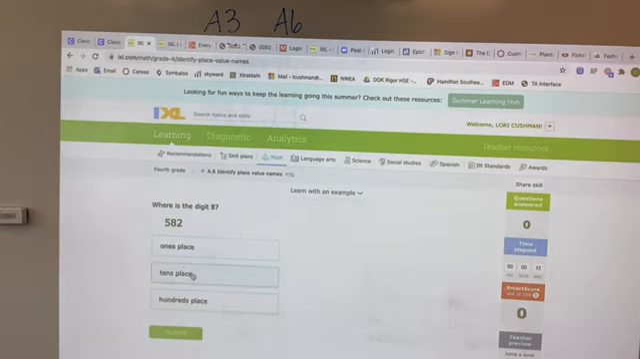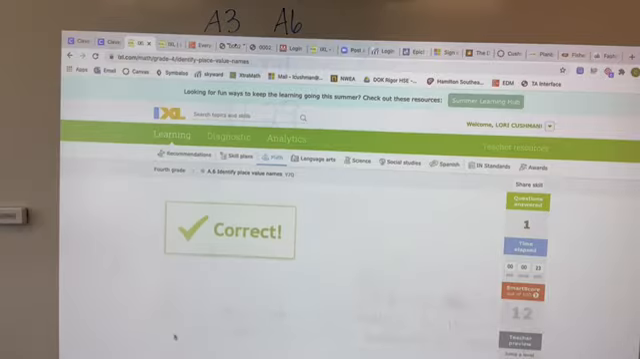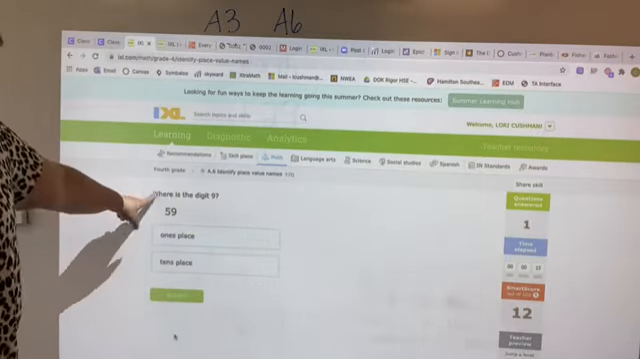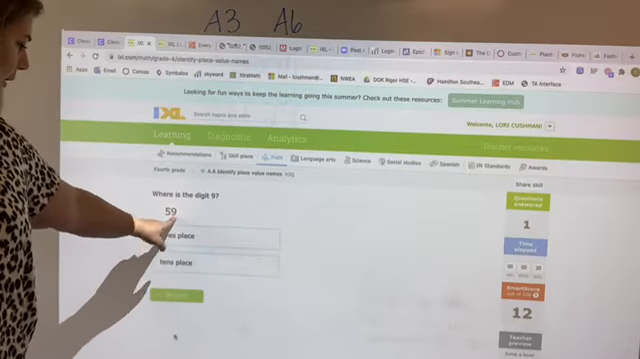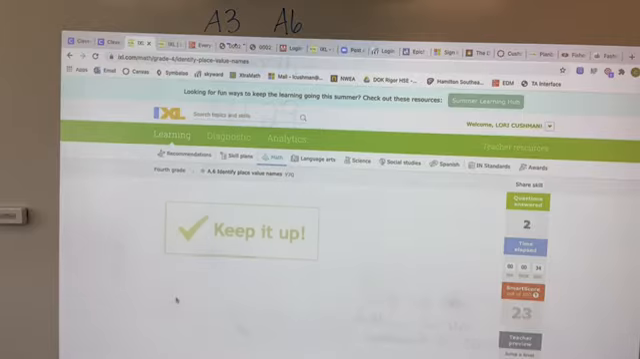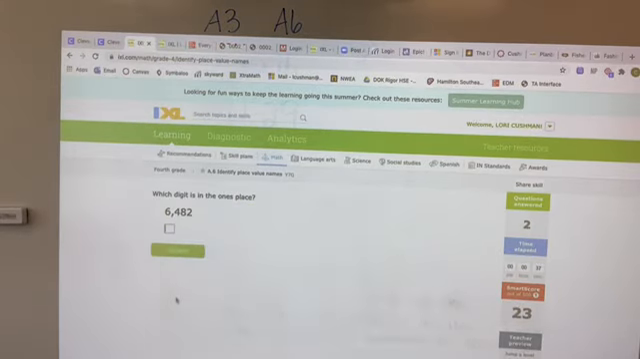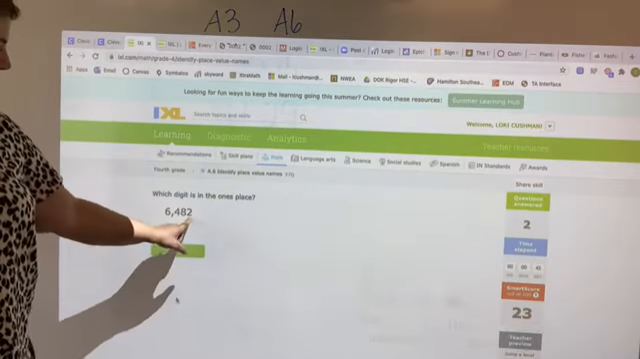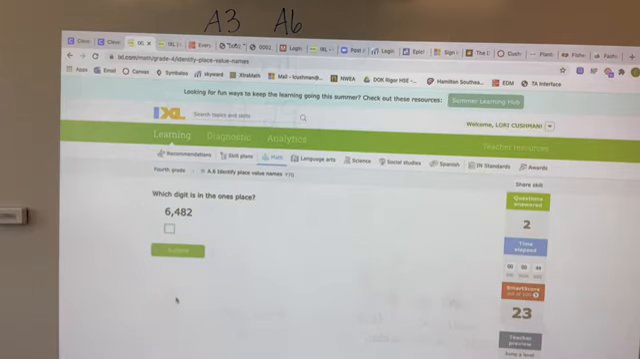What I would like you to do is work through A3 and A6. If you want to do one other, A7 could be an extra one if you want it. Where is the 9? Ones. Okay. These may not be very difficult, and that is okay, but I don't want you rushing. Which digit is in the ones place? I know the ones is here. Okay, so I'm going to let you